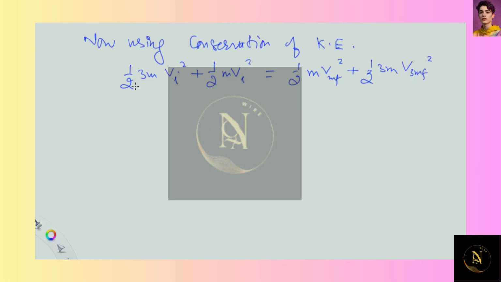So on the left hand side it comes out to be 4 by 2, or finally it becomes 2 m vi square is equal to